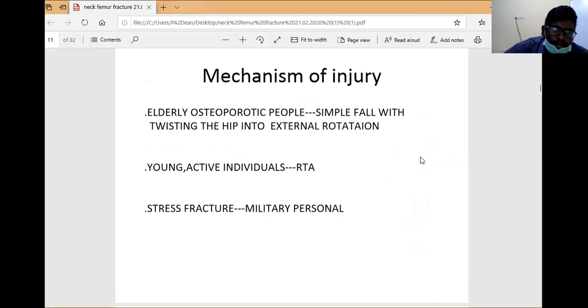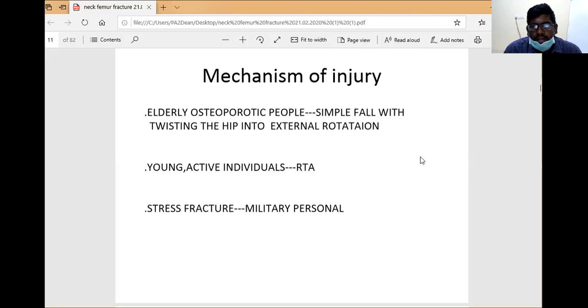And fracture neck of femur. The mechanism is injury. It occurs mostly in the elderly, geriatric age group, where comorbid conditions are associated, like diabetes, epilepsy, syncope, or malignancies. With a trivial fall only, there may be fracture neck of femur or intertrochanteric fracture. Trivial means a simple fall, and the limb is in a twisting position, externally rotated during the fall, or sometimes it may fracture and then fall.